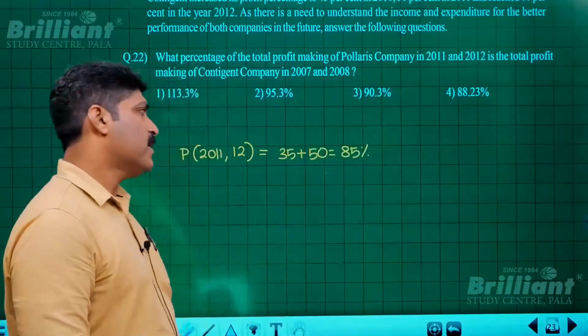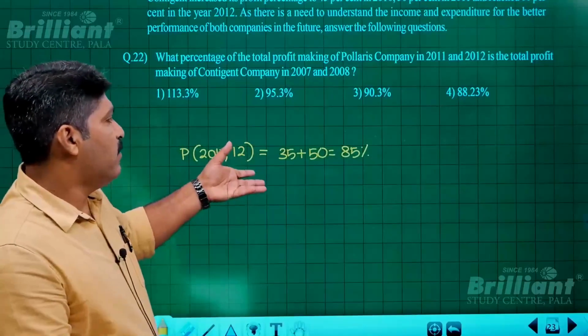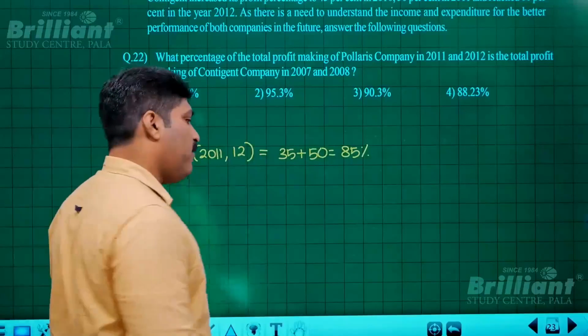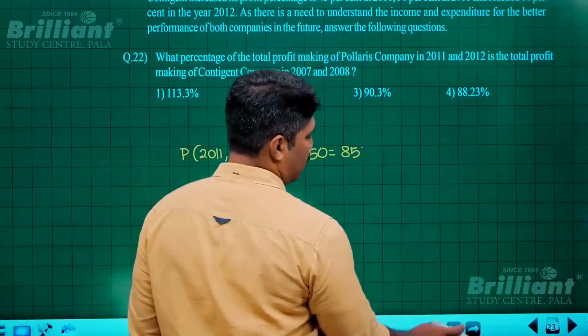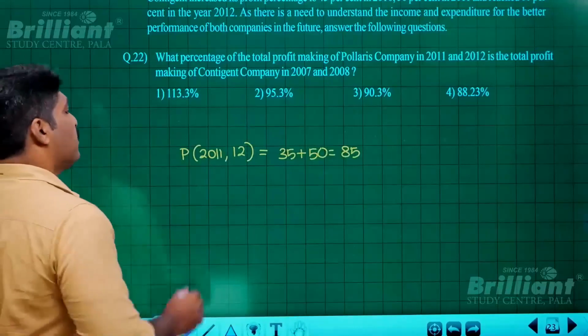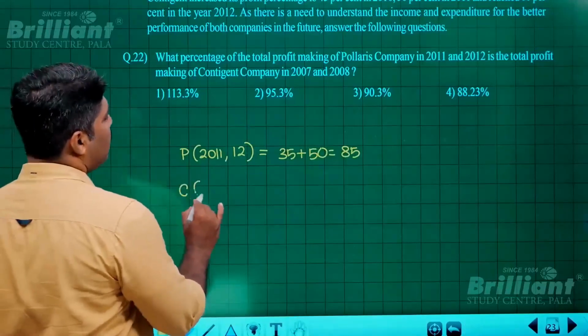We cannot simply consider whether these two profit percentages are based on the same expenditure. We only have to consider the percentage points. There is no need to put the percentage symbol actually, no meaning there. So then next one, Contingent company there,